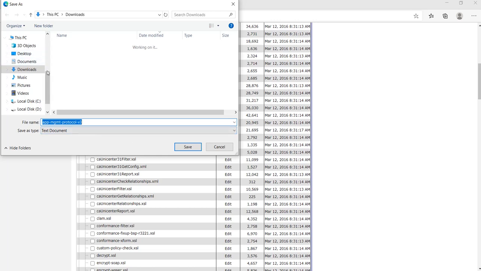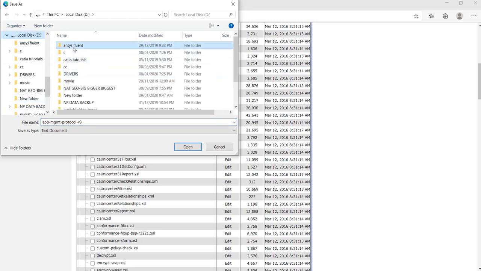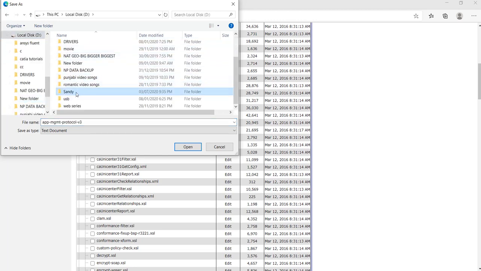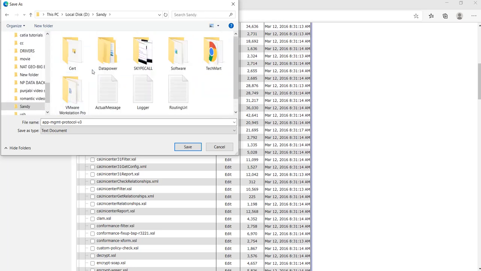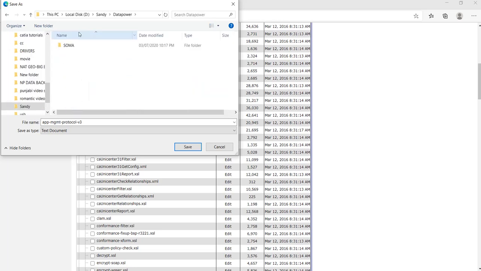Here I'll go to a folder. Here I'll create a new folder, SOMA test. Okay, and here WSDL.